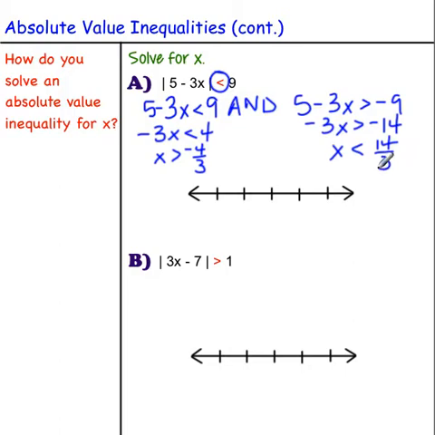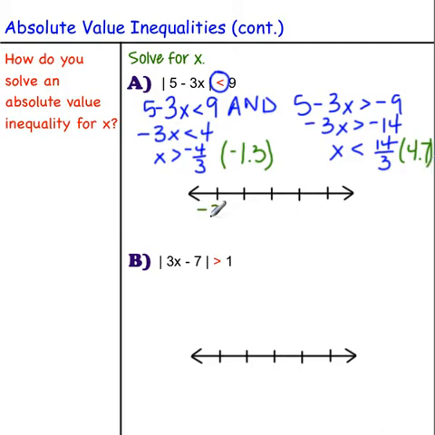Now, if we think about these, negative 4/3 is approximately equal to negative 1 1/3 or negative 1.3. And 14/3 is approximately equal to 4.7. So if we go ahead to graph these, I'm going to go about making this